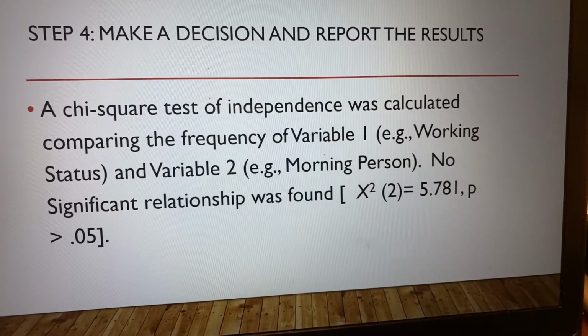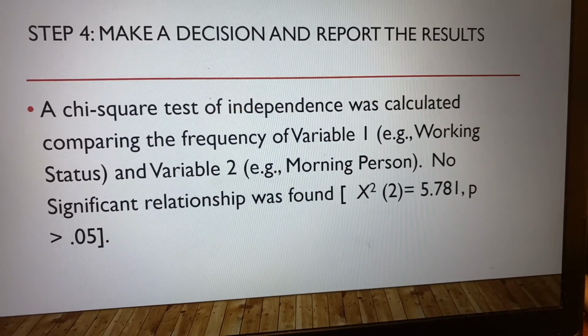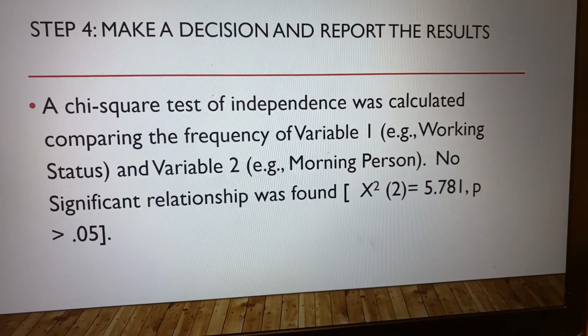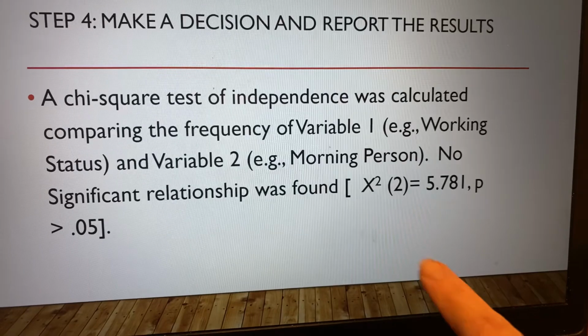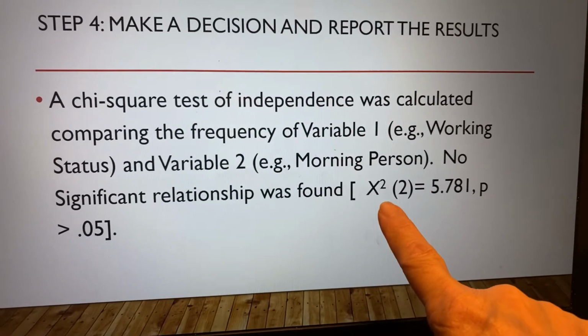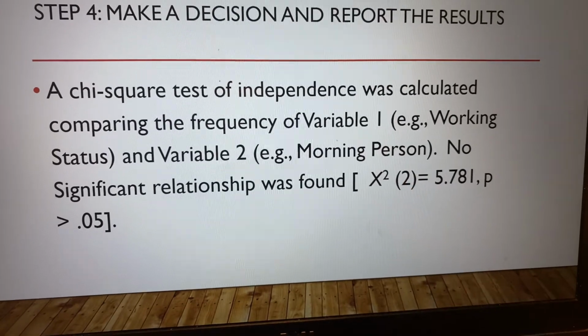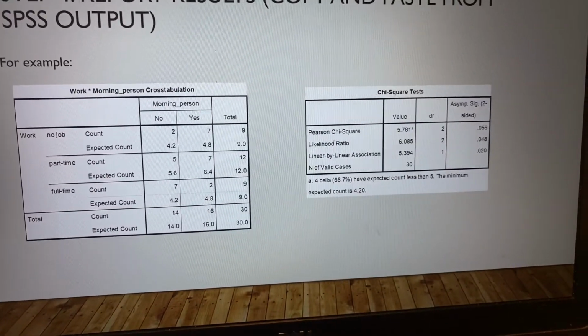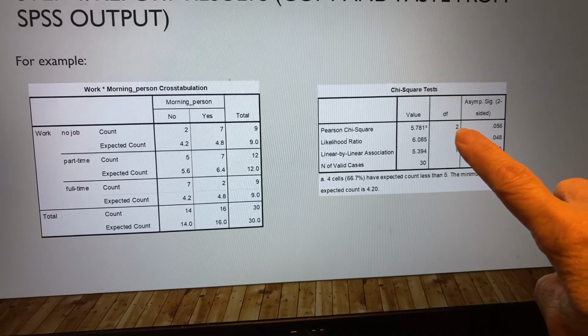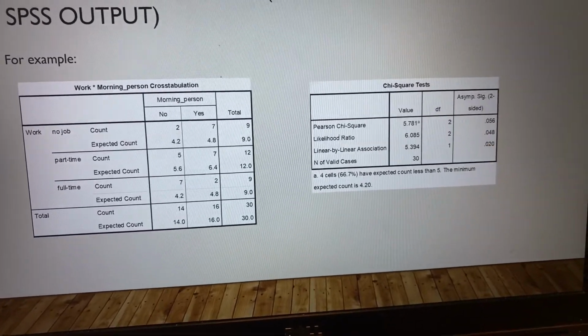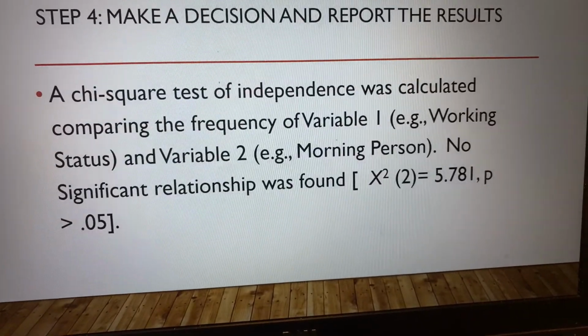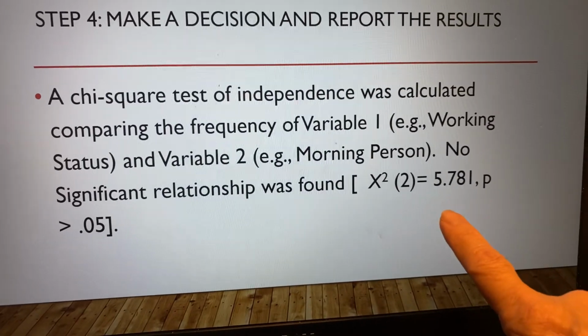So you need to say no significant relationship was found. Then you need to report your chi-square number. So chi-square, and this 2 comes from here, the degrees of freedom, right? So that 2, and then equals